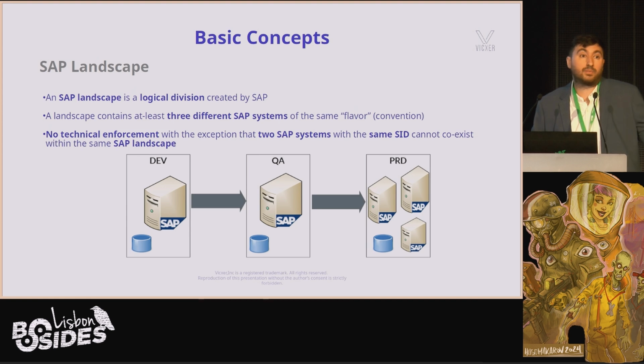To the left side, you might have a sandbox, and it's totally fine. Between QA and production, you might have UAT, and it's totally fine. That is up to you. Of course, the more you add, the more you have to administer, and the more you have to secure. Okay? And each one of the systems is going to be identified with what is called a SID: a 3-character name that we're going to assign to the SAP systems, and that name cannot be repeated across the landscape.